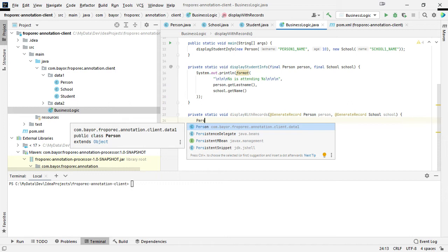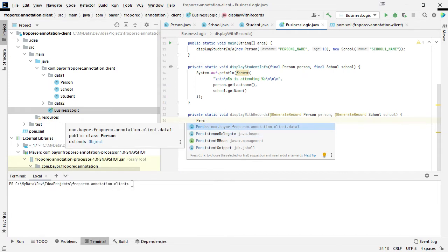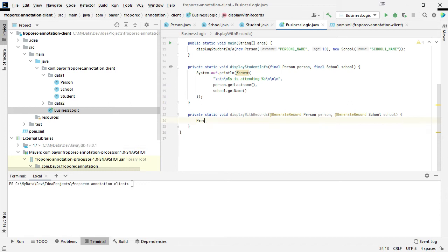For that to happen, you will need to develop a plugin for your IDE, which is what we haven't done yet. So far, we only generate the class and that's it. So because we don't have that functionality, as you can see, we cannot see the record corresponding to the POJOs we want to work on.